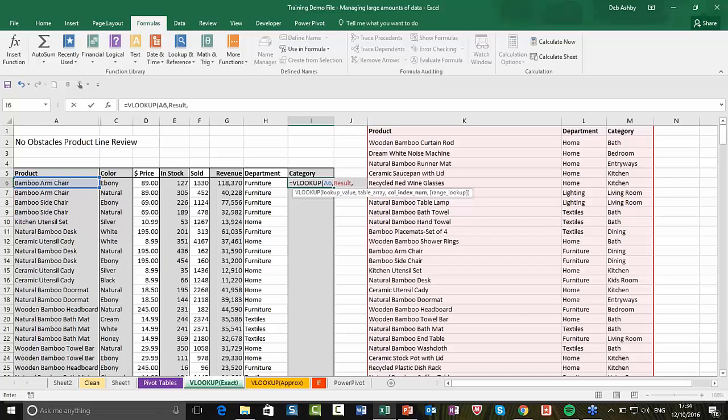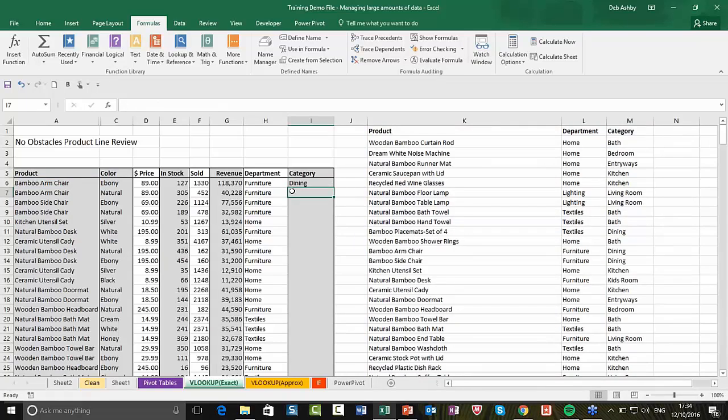I'm looking up the category, so it's column 3, comma, we're still doing an exact match because we're looking for bamboo armchair, so that's false. And there we go. So very, very simple, and I can copy that down like so. Okay. The different way of doing it, and as I said, it depends whether you're doing an exact match or